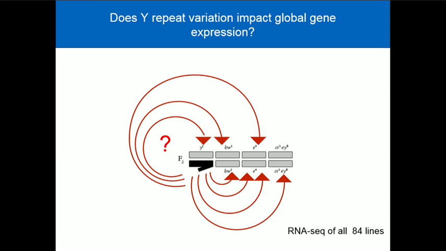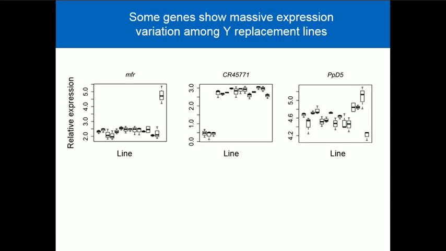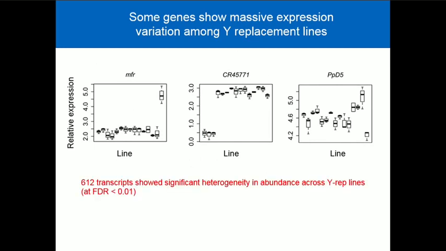And this is what we can tell very easily just by doing RNA-seq across those lines. And some genes show massive effects. All we do is replace the Y chromosome, and when we do that, we're seeing particular genes that show huge differences in the relative expression from one line to another. Altogether, there were about 612 transcripts all over the genome that show a significant heterogeneity in their abundance, where it's just the Y chromosome that's changed. So you can think the Y chromosome has this massive trans-acting